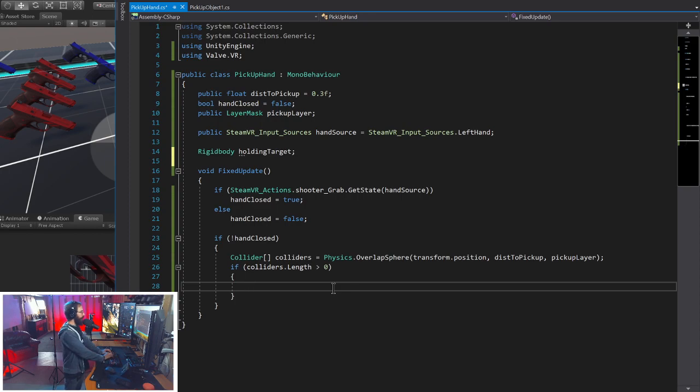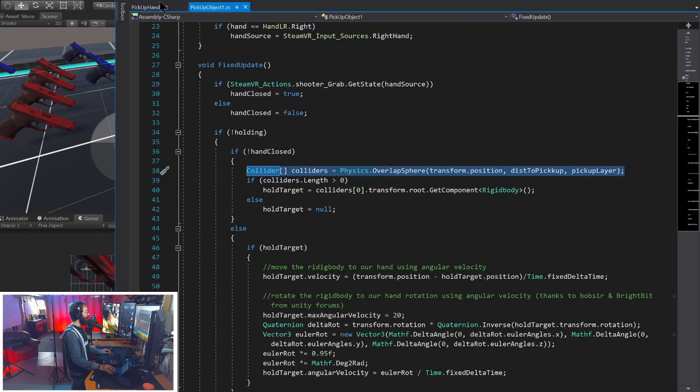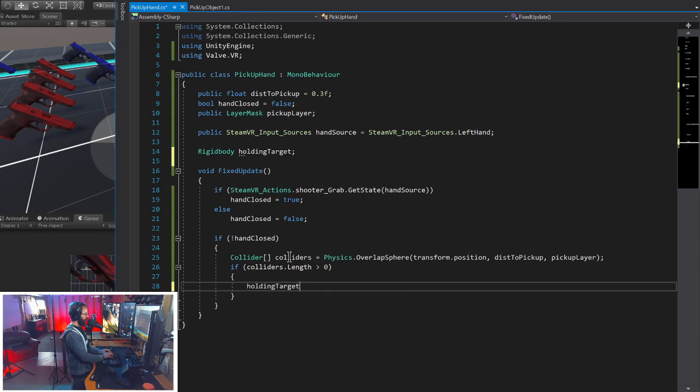So if the length of colliders is larger than 0, that means currently our hand is open and we're just scanning for and getting ready to pick up an object. This would mean that our hand is floating over a gun because the length of the colliders that it found with the pickupable layer, we know that at least one of those guns is nearby our hand. So we'll take the first item on the list, which I keep going back to my other script because I want to remember. Oh yeah, we got to save hold target equals